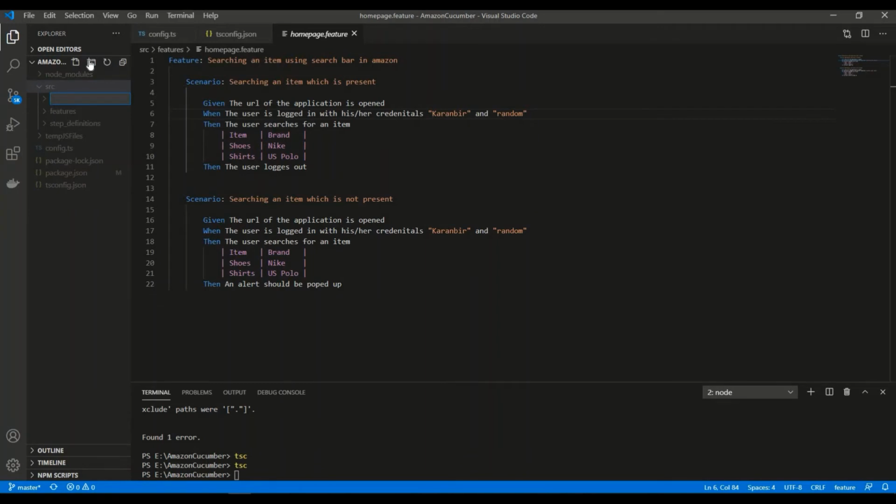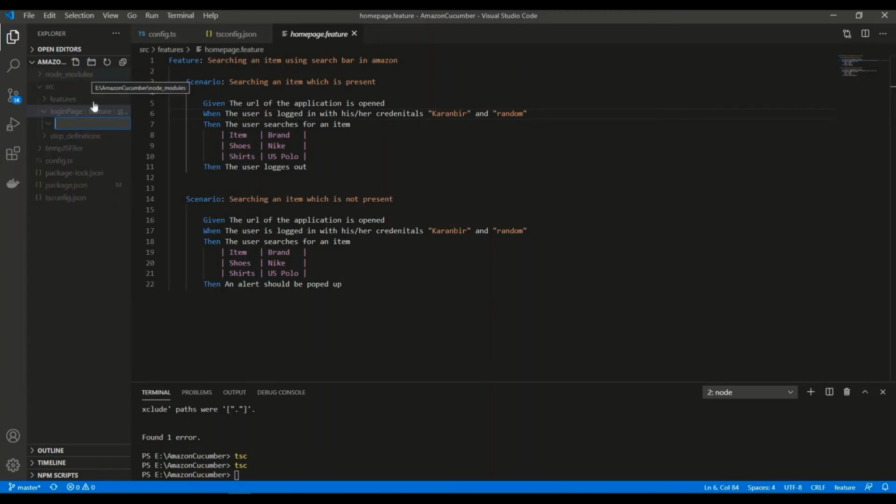So what I'll do is I'll create a folder which is named as login page, right? I've created a folder named as login page. Inside this folder, I'll create another folder and I'll create it as name of feature. One more folder and I'll name it as step underscore definitions.